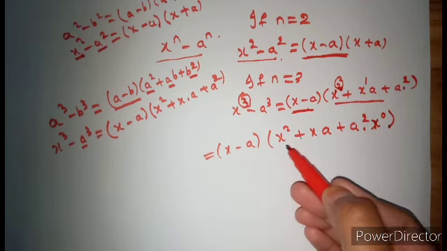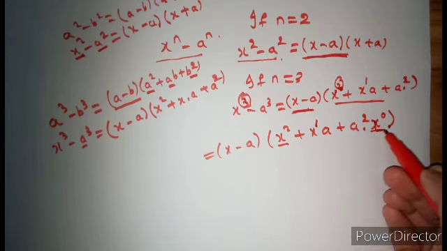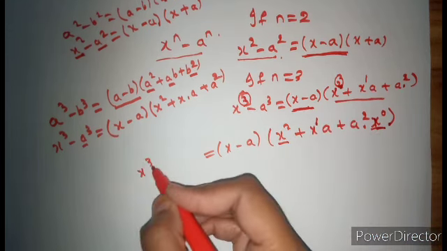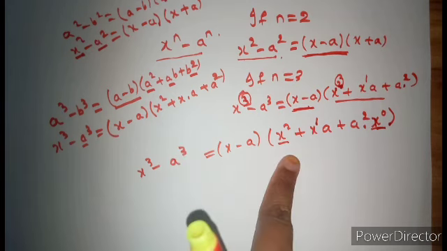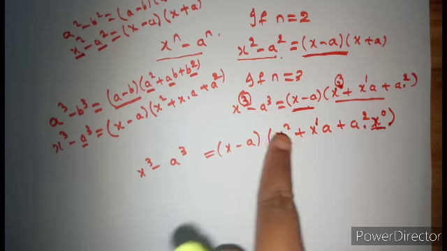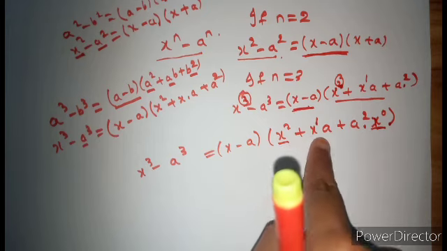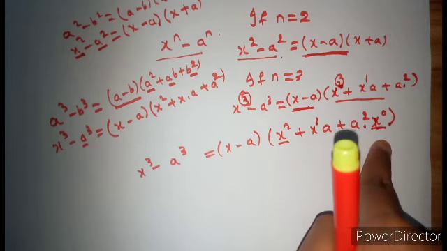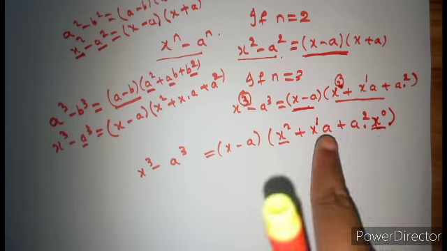Now observe, first we have x square, next x power 1, next we have x power 0. First here we have x power 3 minus a power 3. Here we have 3 and now we have 2. See, 3 is reducing by 1. It is reducing by one number, right? So now observe x. First we have x square, next x power 1, next we have x power 0. You observe x is decreasing, x is decreasing, right?